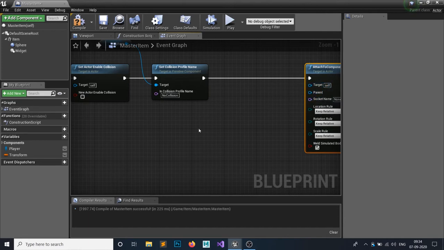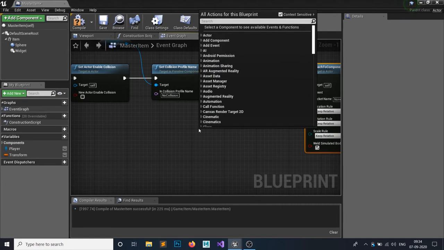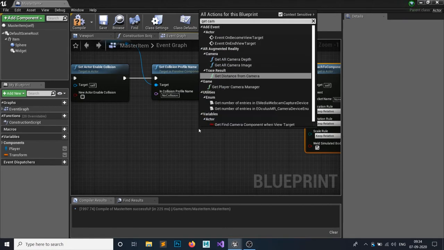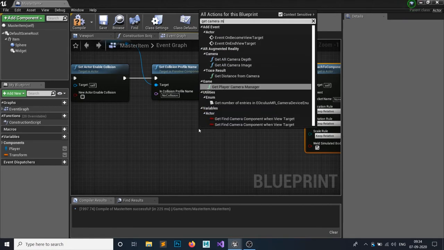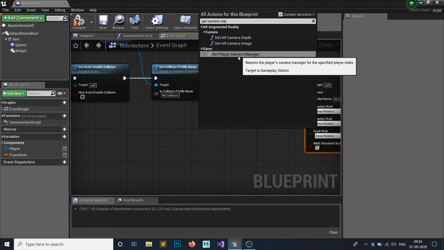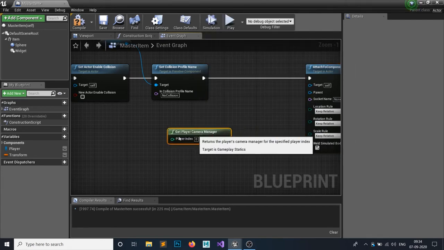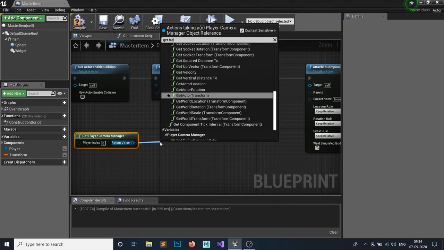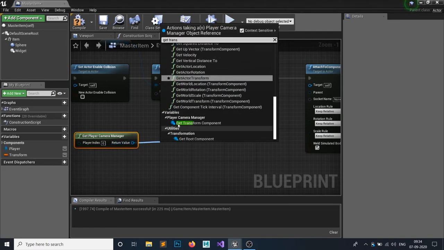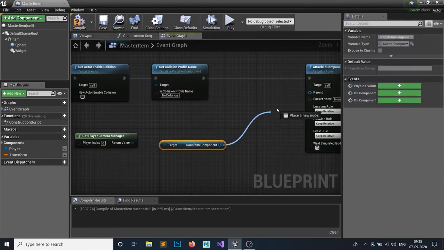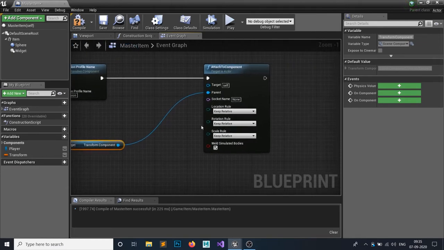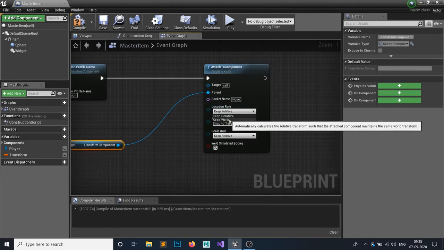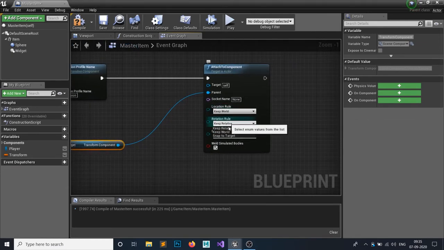So we want to attach to the camera. So get player camera manager, click in here, and from that get the transform component. It will be a scene component. Attach this to the parent, and make sure it is keep world.